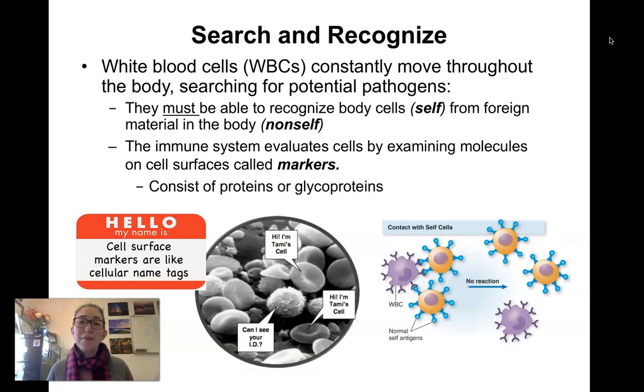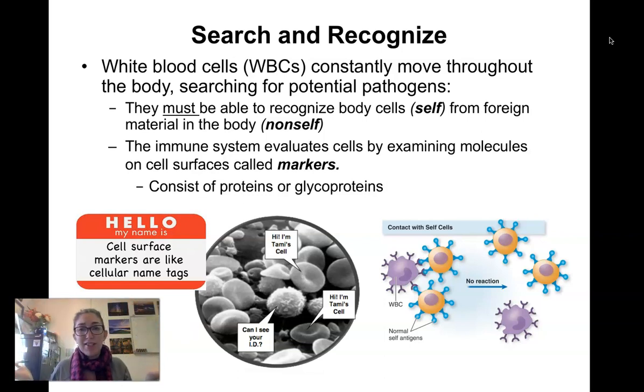Now, foreign things can be microbes, but they can also be foreign human tissues. Like if somebody gets a transplant, your immune system will often recognize those transplanted cells as foreign, which is kind of a negative because transplants are supposed to be helpful, but the body's job is to recognize non-self, and it does that very well. So the way that cells recognize each other, recognize things, is through cell surface markers,